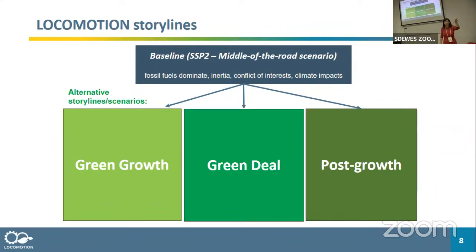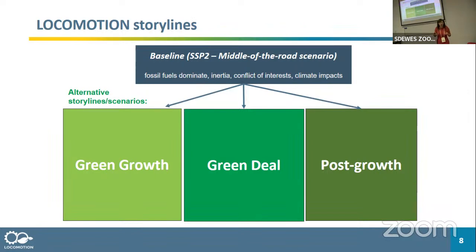So, as a baseline in LOCOMOTION, what you consider as a baseline is very, I would say, subjective and also a very changeable method. You have to map the current trends into the future. It's very difficult because in the near future you have some disruptive elements, so all your story for the future can be destroyed and practically the baseline scenario is not valid. So in a way, you have to revisit your baseline scenario very often and probably change it